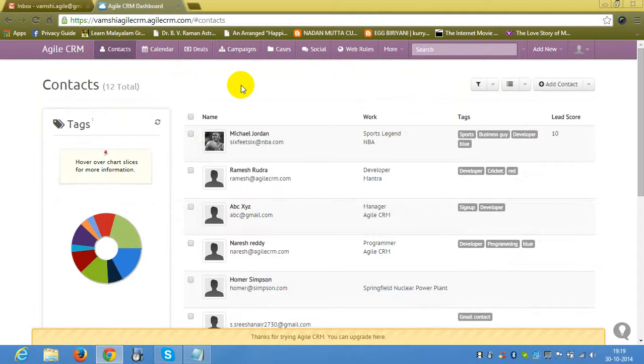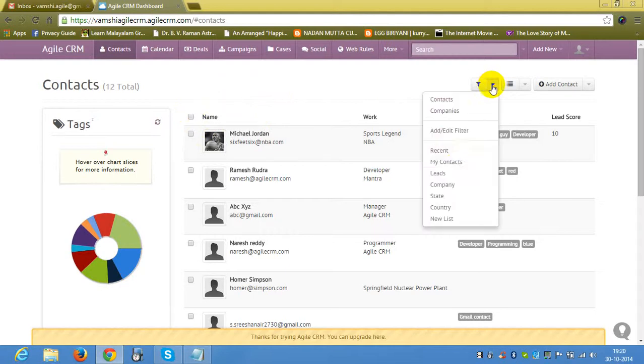So I'll first show how to export contacts to a CSV. All you need to do is, if it's only one contact you need to export, you just need to click here and a bulk actions button appears. If you want to select all the contacts, you will click here, and then you will get all the contacts to be exported to a CSV. Or if you want to export